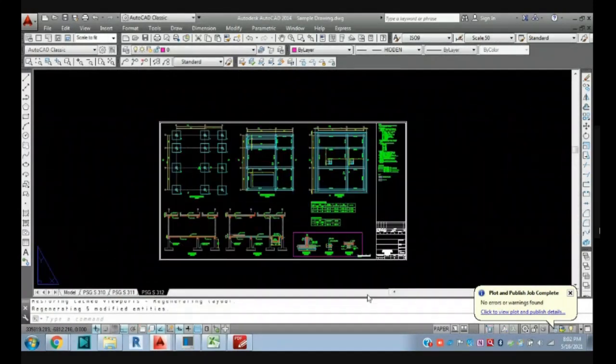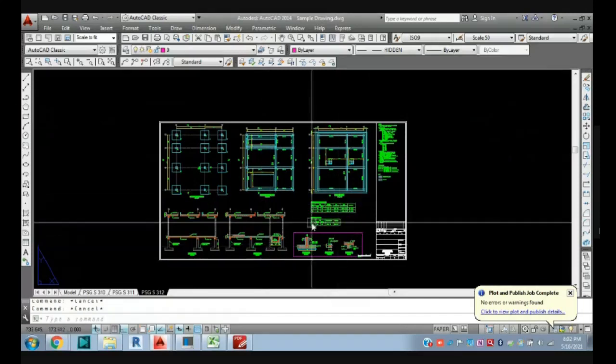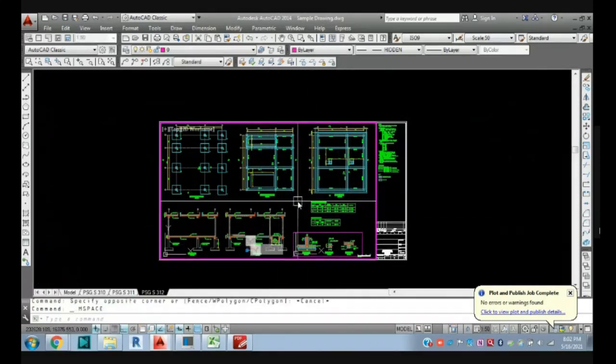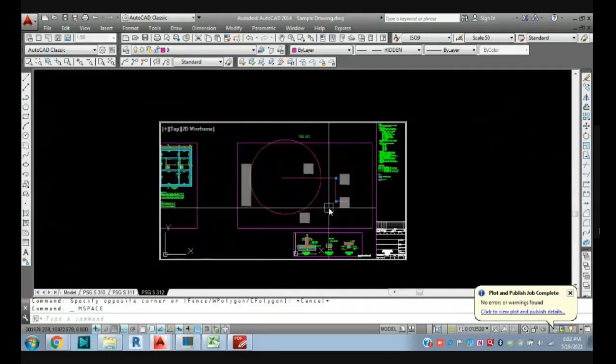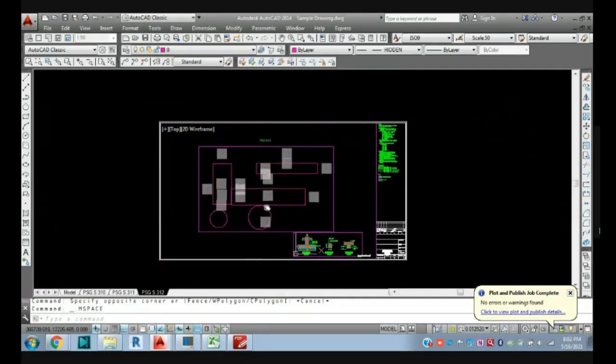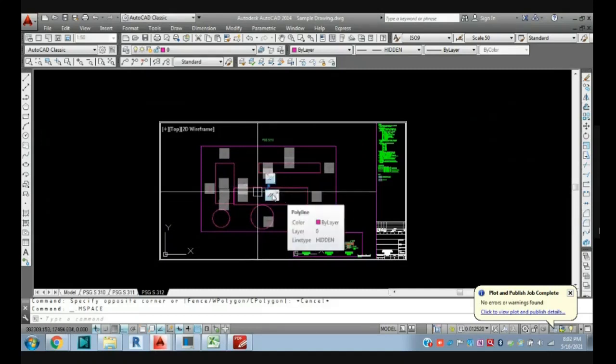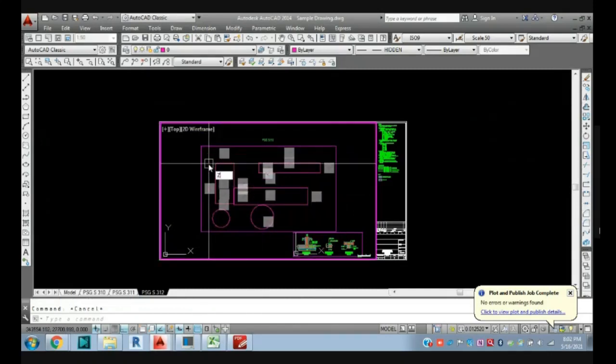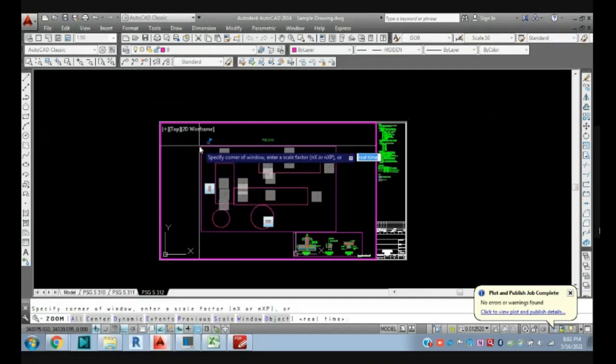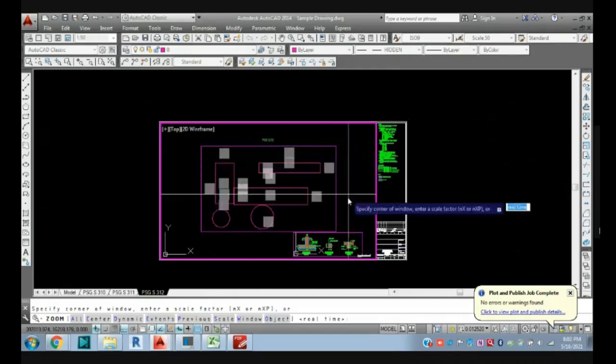Consider how your drawing looks, and you want to set this in the viewport. Right now you have set drawing number 310 here. Just double click here, unlock this viewport, and go to your respective drawing location and give the zoom command, Z, and move your cursor. If you get the object snap as the end point, click here and click here, then you will fix this frame.